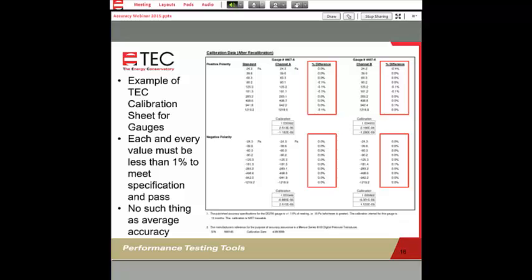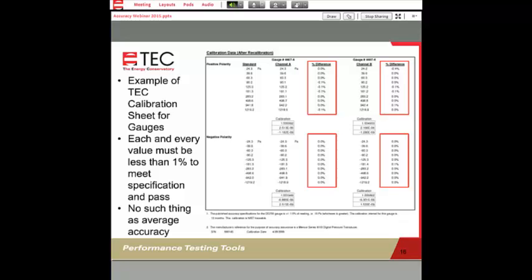Now the one thing is that there's really no such thing as average accuracy. When it comes to accuracy of a particular instrument, the average accuracy is a statistical terminology, but when it comes to looking at all of the individual values that come on the calibration sheet, average accuracy is not a real thing.